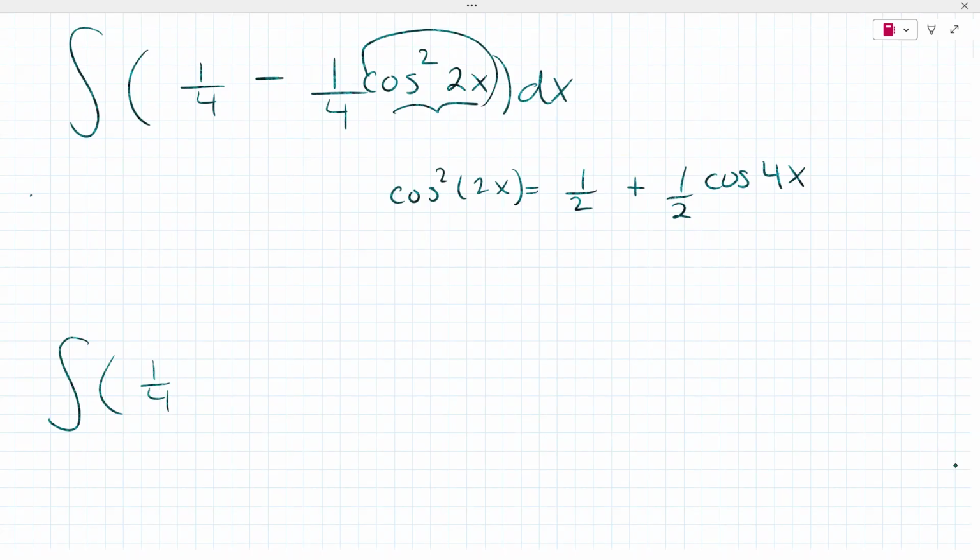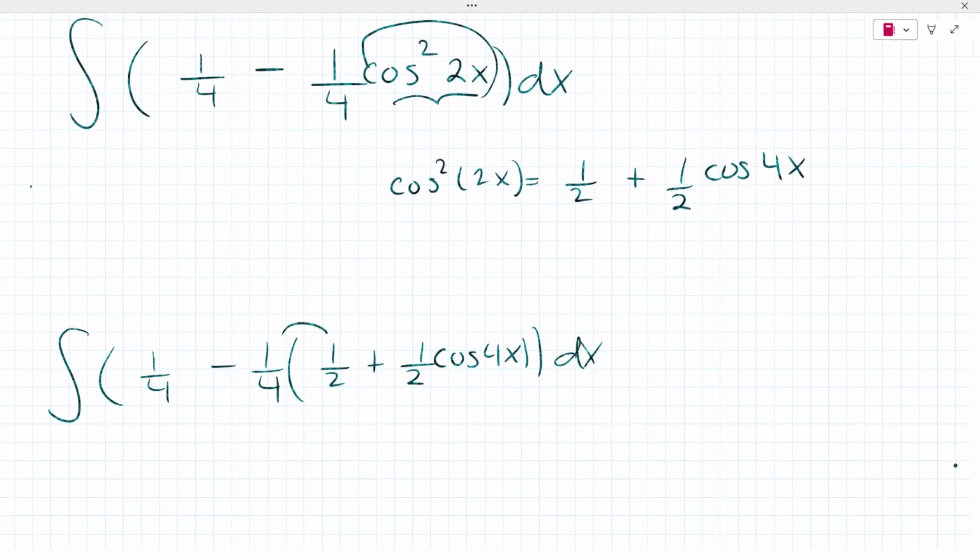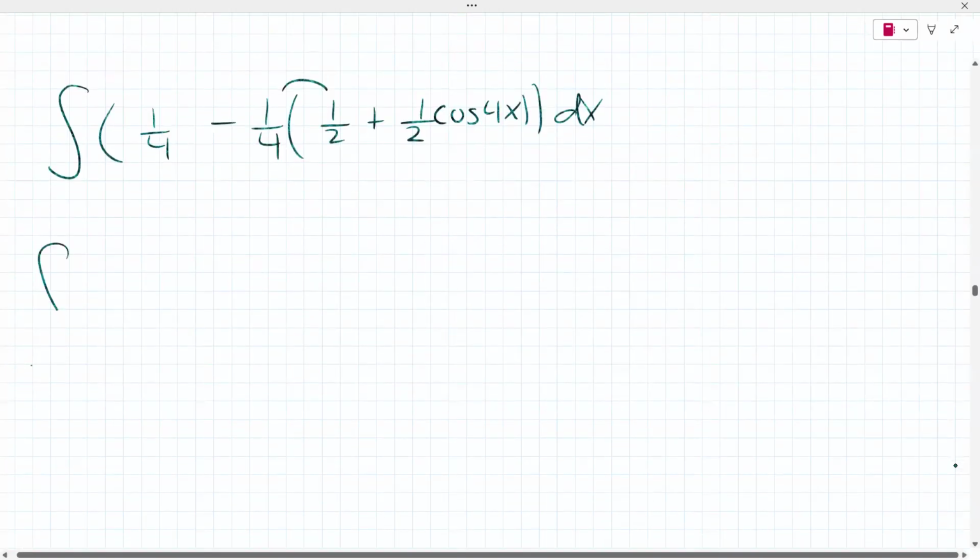So it's going to be 1/4 minus 1/4 of 1/2 plus 1/2 cosine of 4x dx. And then if you FOIL this 1/4, you're going to get